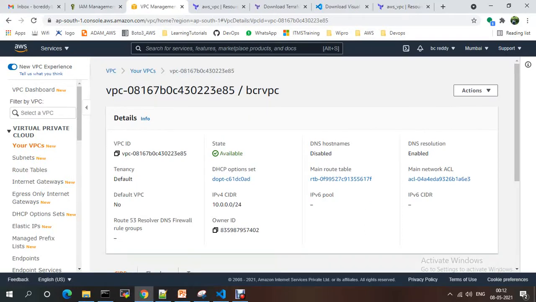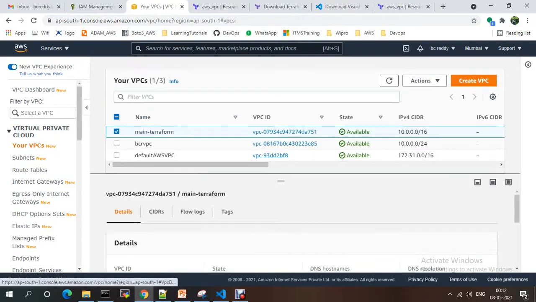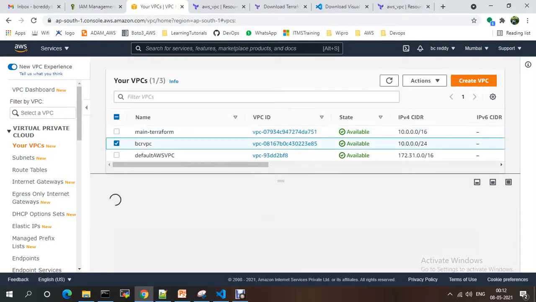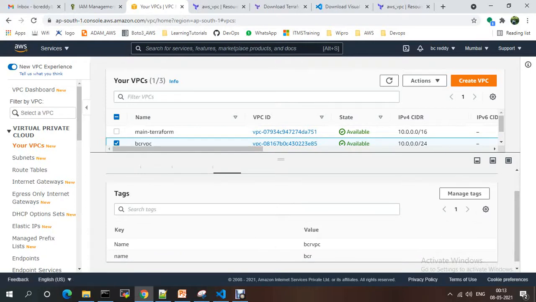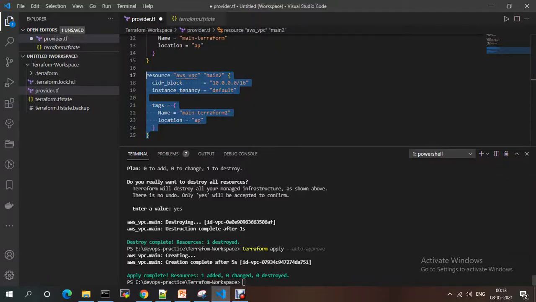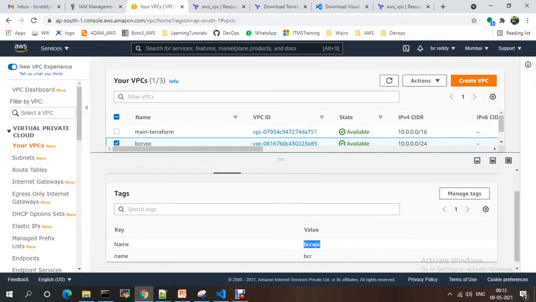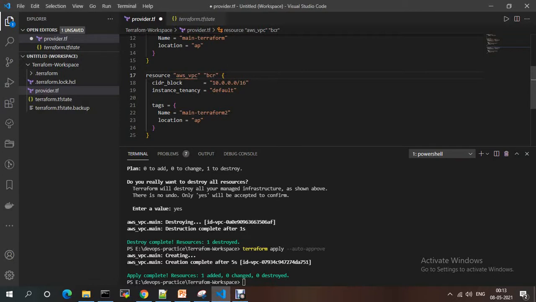If you go to the VPC details, I just need to get these details, like the VPC name, BCR VPC, and give the details. Your resource details you need to provide.